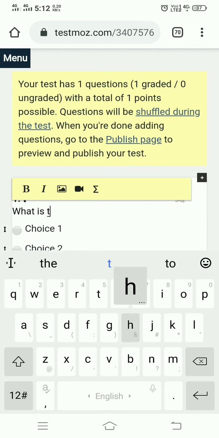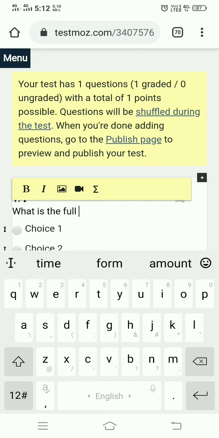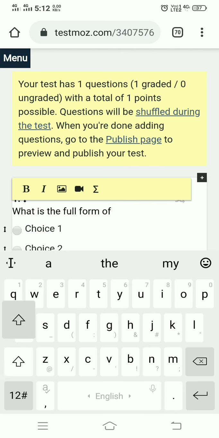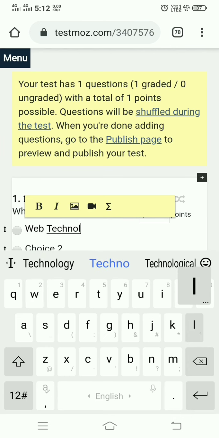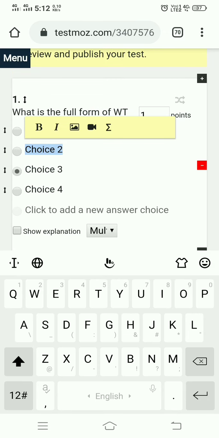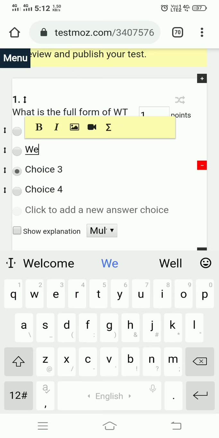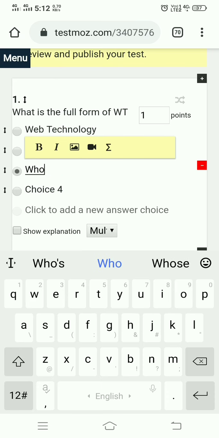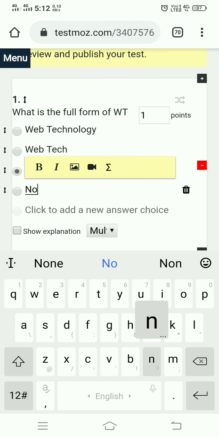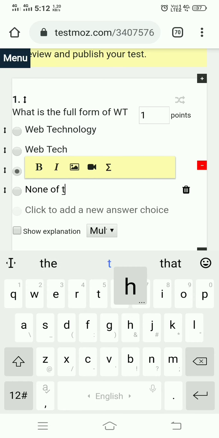what is the full form of WT? So here I just give the choices: web technology, or web tech, or WHO technology, or none of the options.